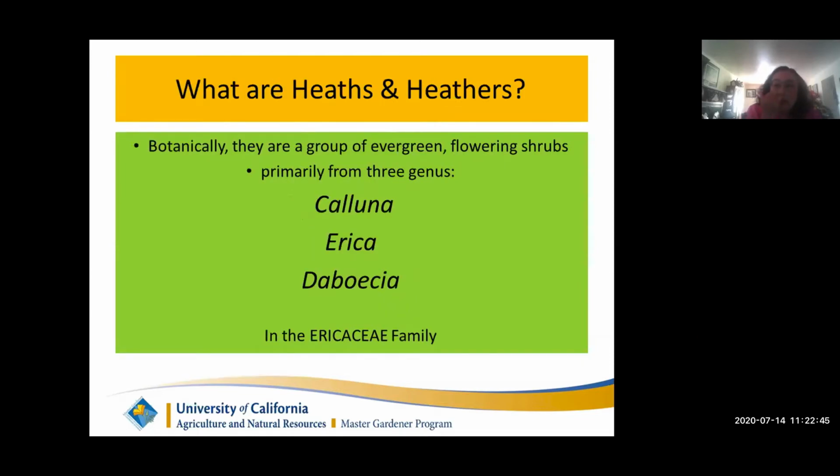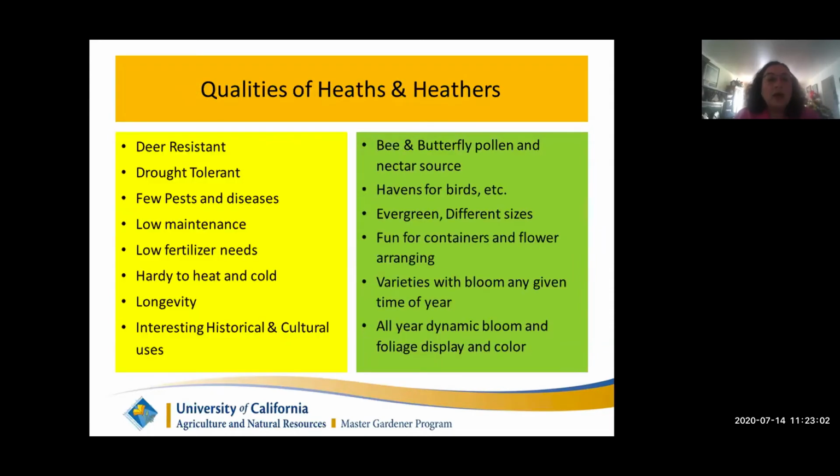So what are the heaths and heathers? We had an extensive talk about a week ago. It seems like a month ago, but it's a week ago. And they're basically a group of evergreen flowering shrubs of these three genera, Calluna, Erica, and Daboecia, in the Ericaceae family. They have many qualities to be